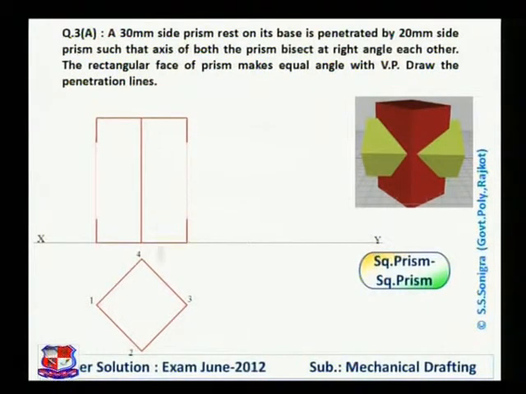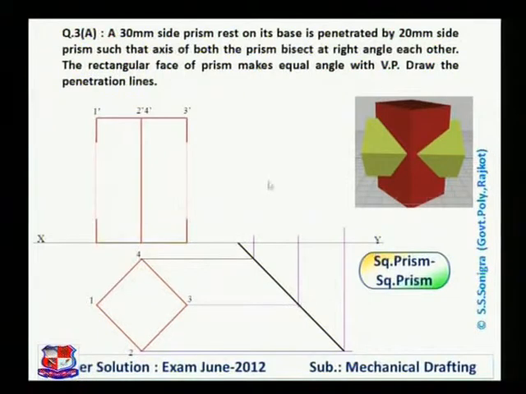Height is given to us. Take projections from 1, 2, 3, 4 like this. Then name these points 1 dash, 2 dash, 3 dash, 4 dash. To draw its side view, we draw a line at an angle of 45 degrees with the XY line like this. Then take projections from 1, 2, 3, 4 like this, and these projection lines cut over here. From those points draw vertical lines, and this is the side view of the given prism.